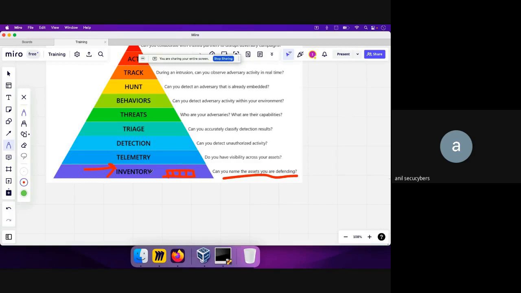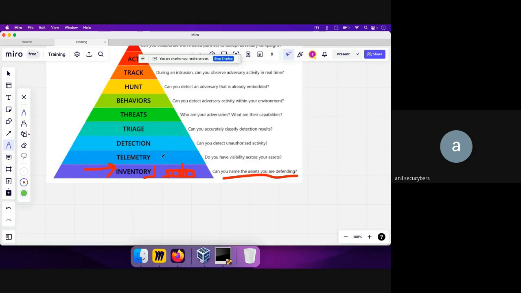If we are very good at the inventory part, we will be able to protect our organization. If there's any attack, let's say on the fifth laptop of the 100 laptops, and the fifth laptop got compromised, and we are able to quickly figure out in the triage stage that this asset belongs to us, that the data there is properly encrypted, for example, and we are able to reach out to that computer and see the logs of that computer quite easily, then we are at a very good stage.